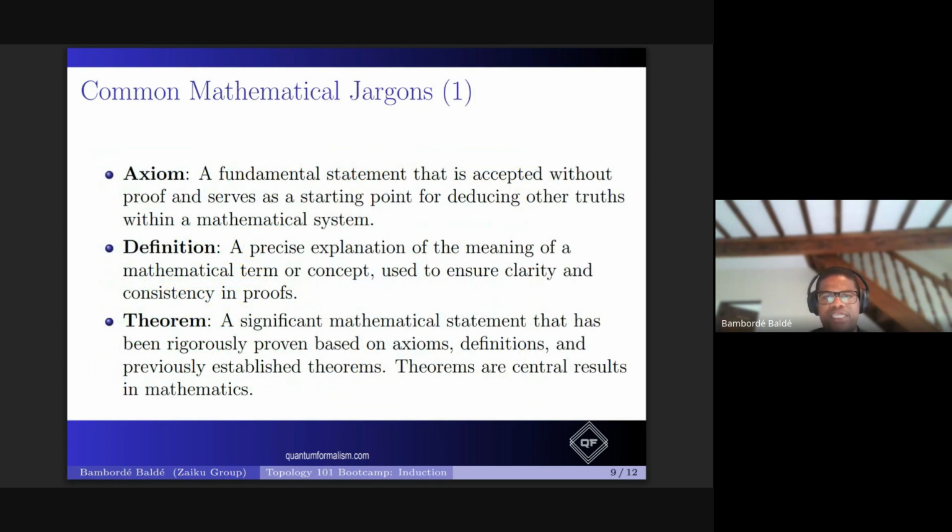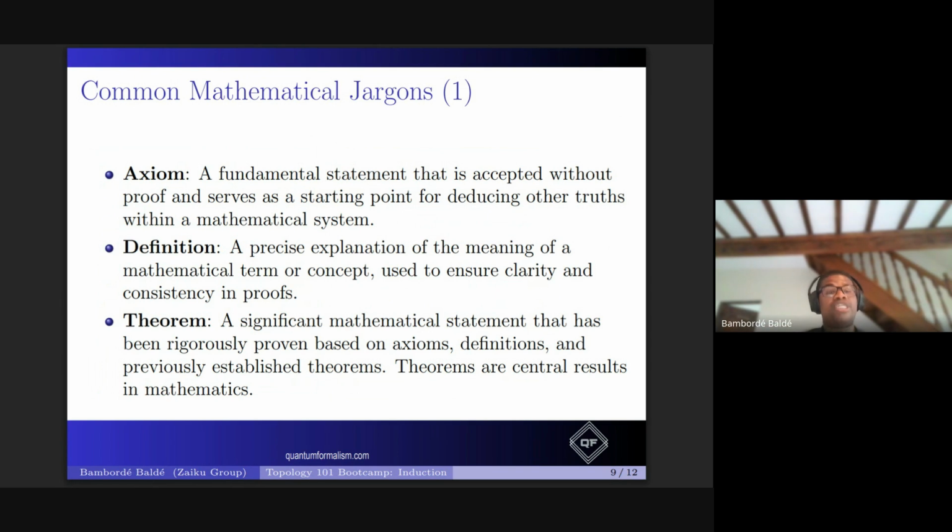Now, there might be some typos, or maybe I've misspoken somewhere, but that's not a problem. This is just an extra thing that I thought would be nice, especially for those not coming from a mathematics background, because these terms will show up again and again. Some of them are ubiquitous. They are behind the scenes. Mathematicians don't mention them, but you are expected to know they are referring to them. One of them is axiom. An axiom is basically a statement that you take for granted. You don't need a proof. These are, if you will, the rules of the game for what you want to define.